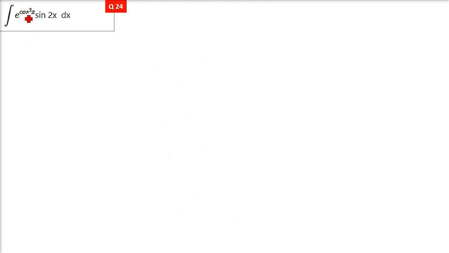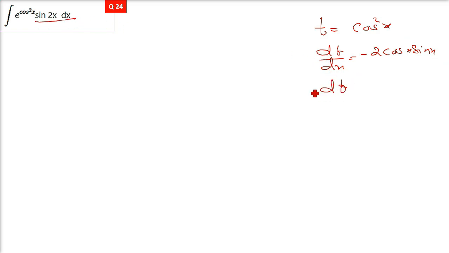Now this is a very straightforward question. Just take t as cos square x. If somebody knows, if it is kept as t, you will get the sin 2x as it is. When you differentiate this t taken as cos square x, it will be 2 cos x, and the derivative of cos x will be minus sin x. So this 2 cos x sin x or 2 sin x cos x will be sin 2x. So this negative dt, because negative goes on the left hand side, will be sin 2x into dx,